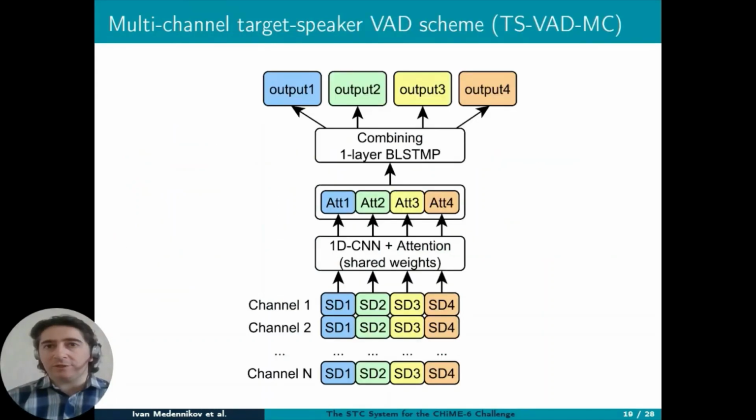Here, the scheme of the multi-channel TSVAD model is presented. The input channels are chosen randomly for training, and the first and fourth channels are taken at test time. The input features are the outputs of single-channel model speaker detection blocks. All the speaker detection vectors for each speaker are passed through a convolutional layer and then combined by means of a simple attention layer. The combined outputs of attention for all speakers are passed through a single BLSTM layer and converted into a set of per-frame probabilities of each speaker's presence and absence.